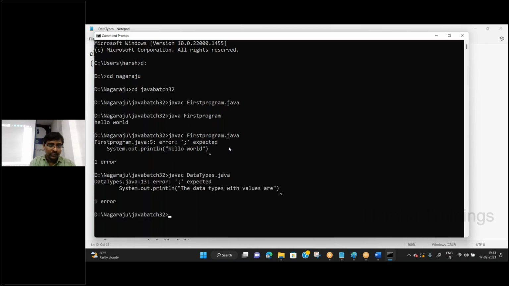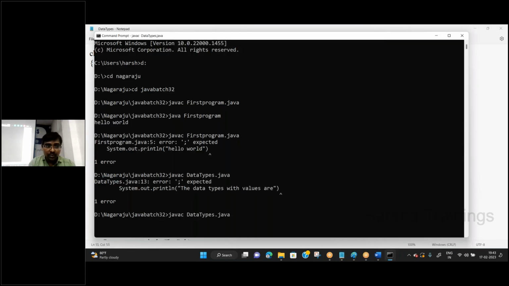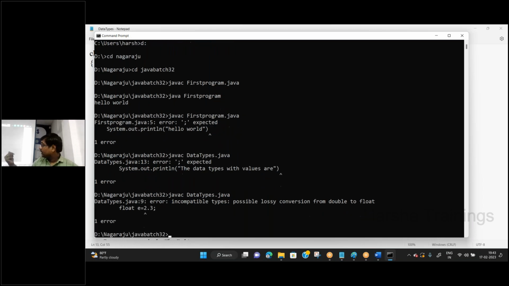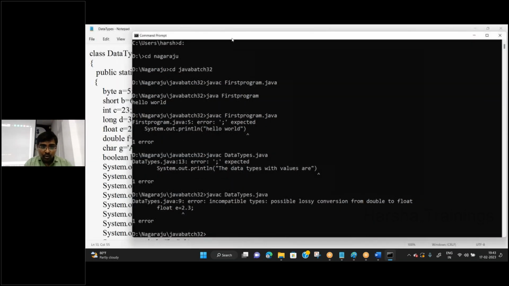Now, sorry, this is a basic error. Semicolon. Now see this one. Here, error or not? What is the error? Observe the type of error. Our next topic is this one, but right now I will show you